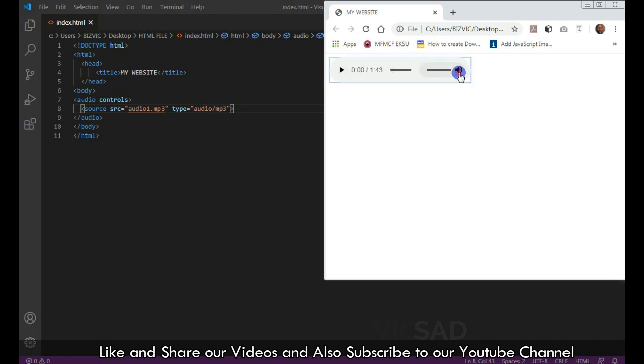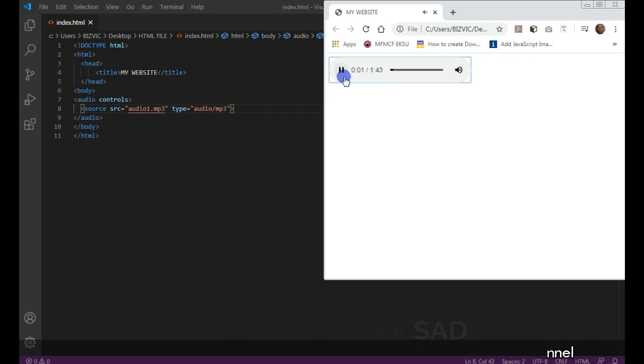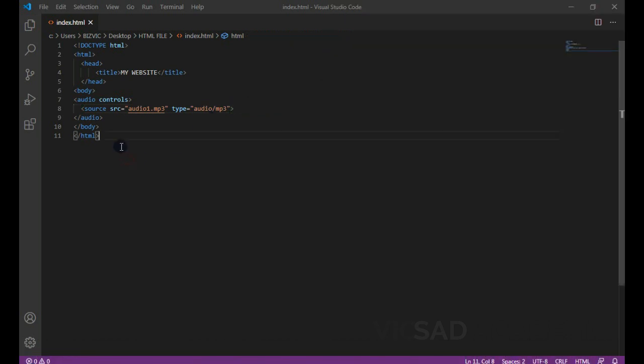So I'm going to mute this for you to be sure that all the attributes are working. And I'm also going to lower the volume and play it. Can you see? Okay, so you can see the code. You can go over this video and the worksheet and look at the full code. So this is the normal way of inserting an audio file into an HTML document or a web page.